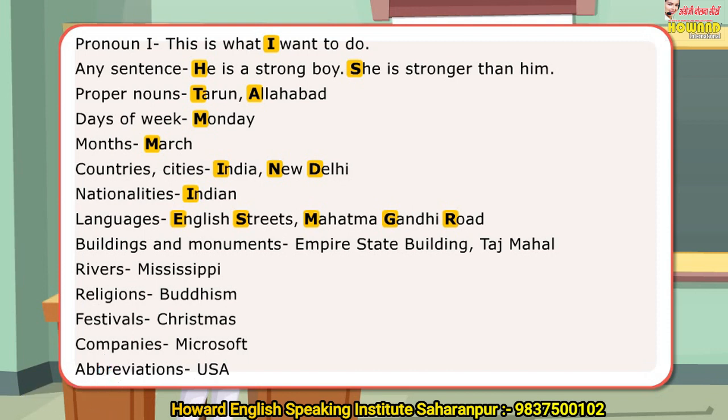Buildings and monuments, Empire State Building, Taj Mahal. Rivers, Mississippi. Religions, Buddhism. Festivals, Christmas. Companies, Microsoft. Abbreviations,